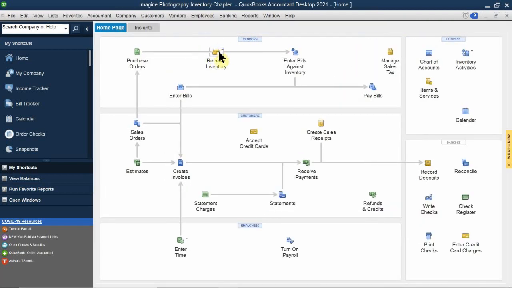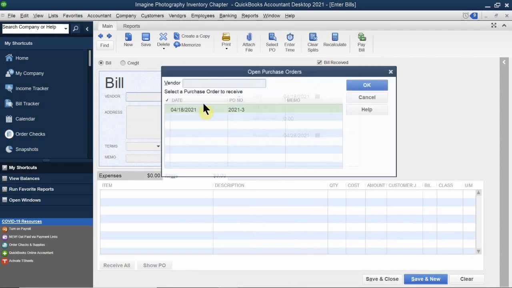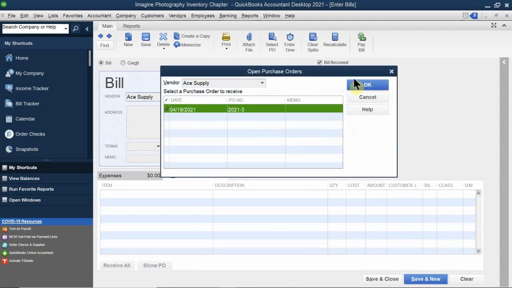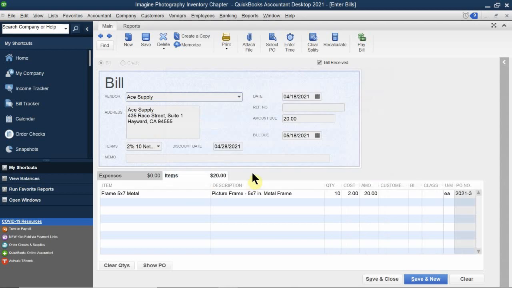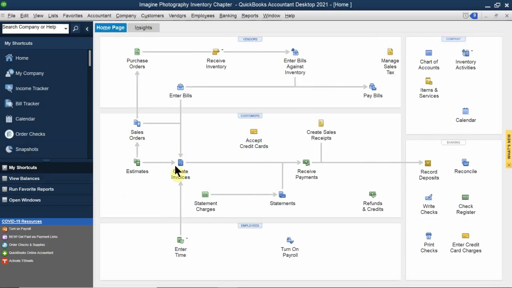All right, let's go ahead and receive that inventory with the bill. And once again, you type in a supply. Okay, you grab this. And now it says that you received 10 items each. Okay, and we can go ahead and save and close. So then when you end up billing your customer, so if you bill Mr. Bob Mason,